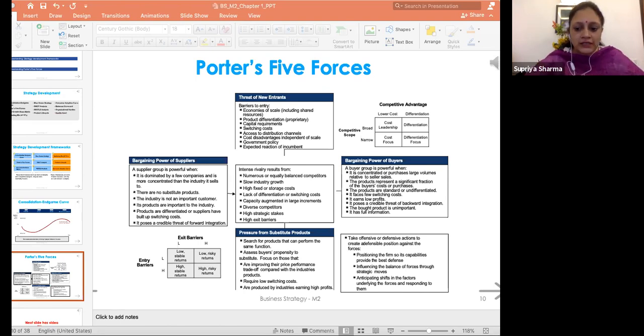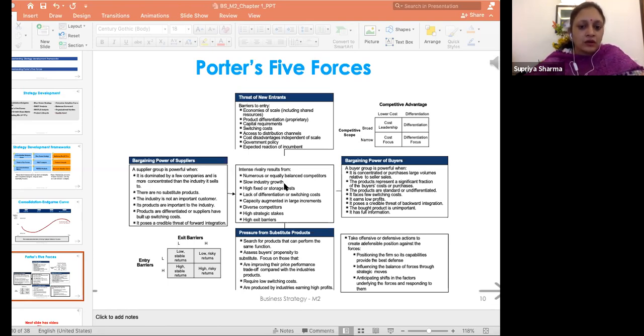So therefore we need to see what are these, this middle block, this one, intense rivalry results from. There are various reasons that they have given. So we need to see, when we are entering into any industry, how many of these operate and at what levels do they operate, because these create intense rivalry or competition. It is said